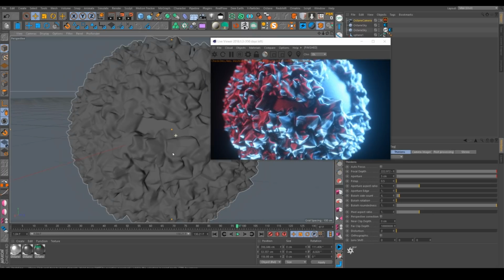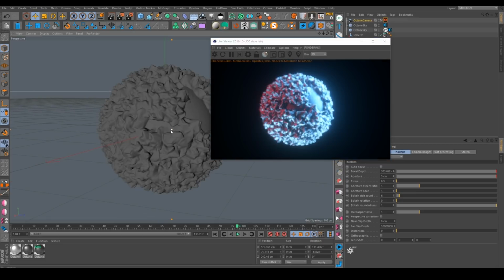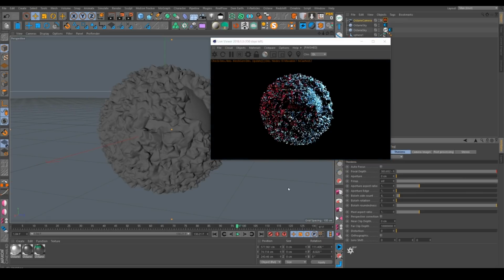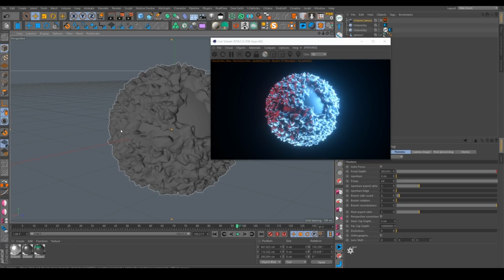Of course, it's taking a bit of time to update, but that's the price of using VDB geometry in Octane. But the final result is really interesting to me and really nice. So I hope you guys enjoy this little growth effect tutorial in Houdini. I hope it will push you to go further, and I can show you a few other things that you